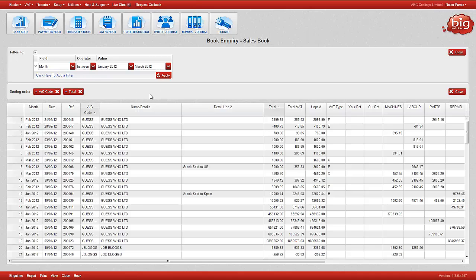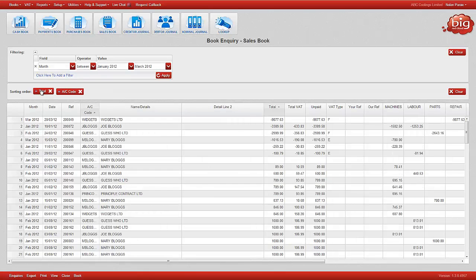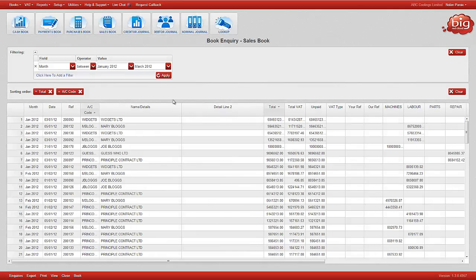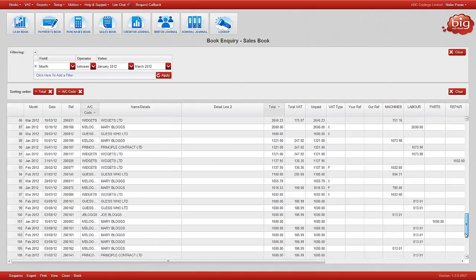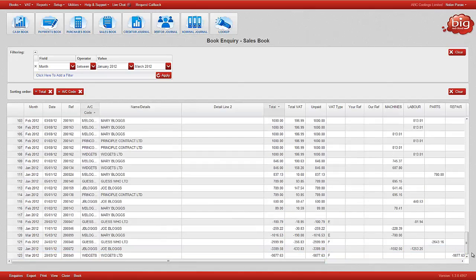I can also quickly resort. So let's say, for example, I wish to go by total first, then by account code. Click and drag it over here to swap the positions. And now I've got a report with the lowest first in this case. Click this again. I want to buy highest first. And here we go, a report listing the highest value transaction first, going right down to the lowest one, which is obviously a negative value. Down here, minus